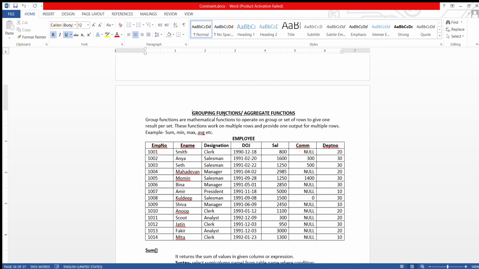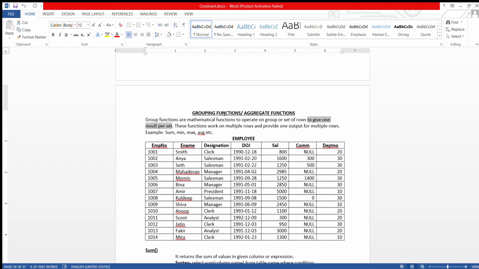Grouping functions are basically mathematical functions which perform operations on multiple rows and give a single output. See the definition: group functions are mathematical functions that operate on a group, or multiple rows, or a set of rows, to give one result per set.